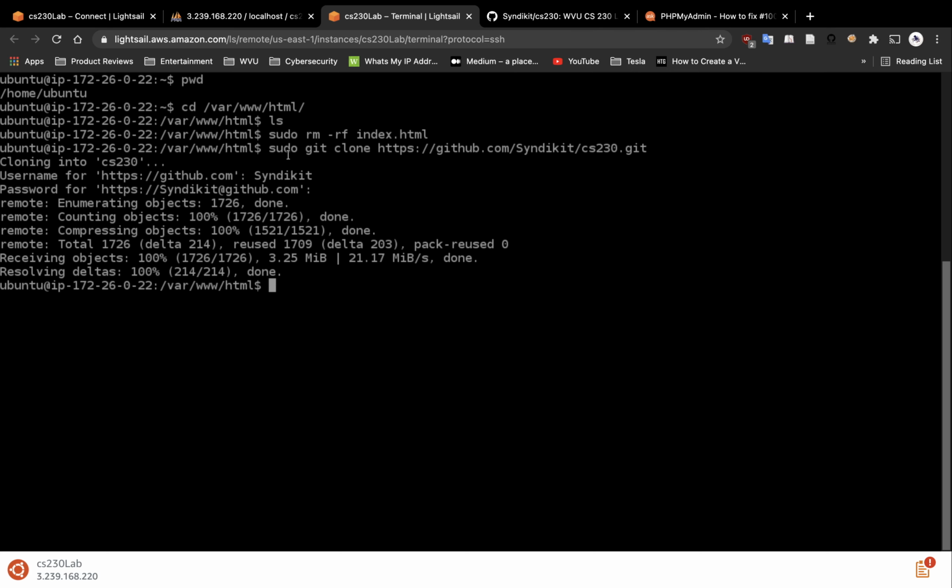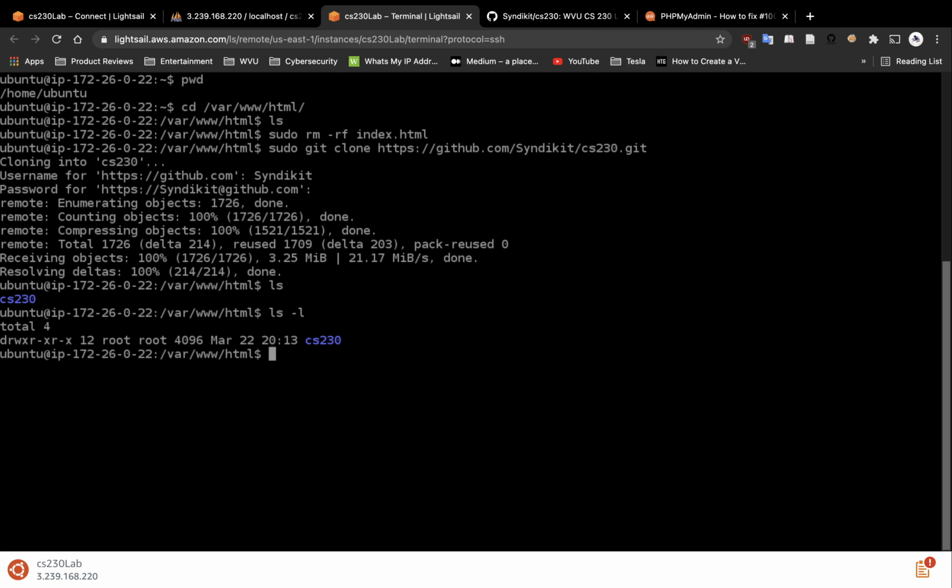And remember to use sudo when you're doing this. Sudo gives you root privileges. It's kind of like having the keys to the kingdom. And now if I do ls, you'll see in purple is my CS230 folder. So if I do ls -l, that's going to show me the permissions and the owner of